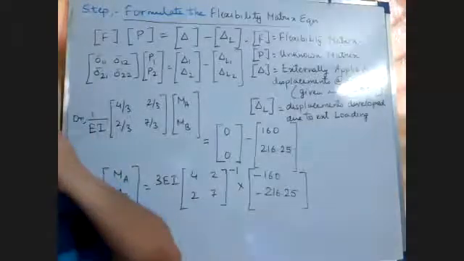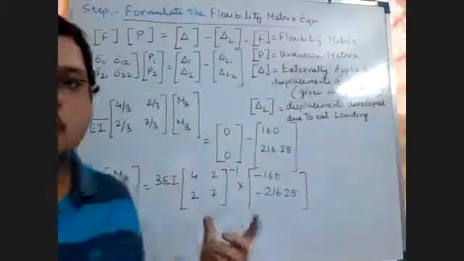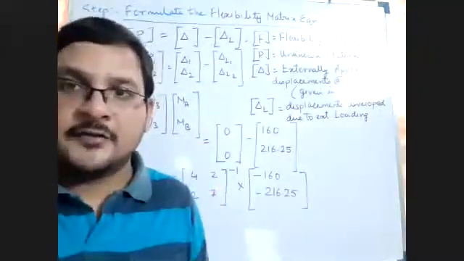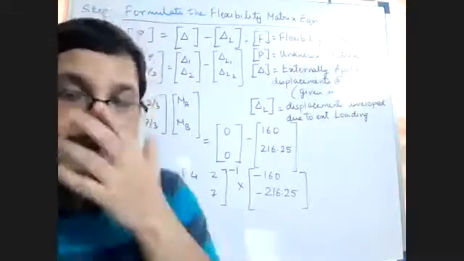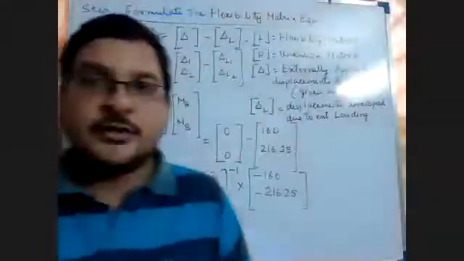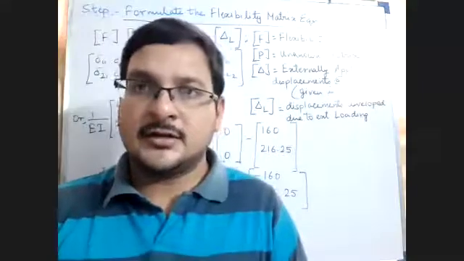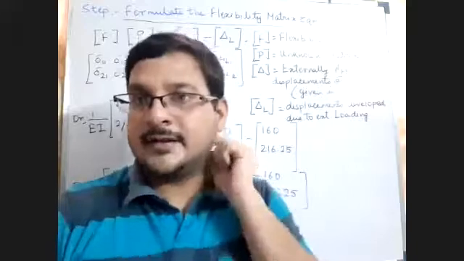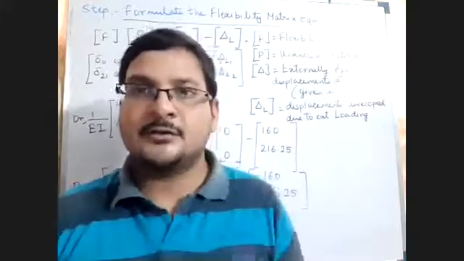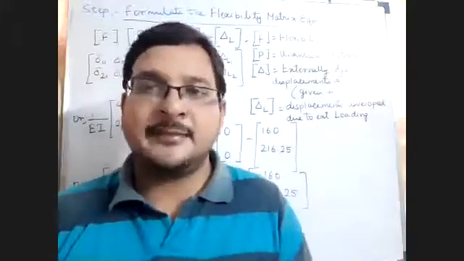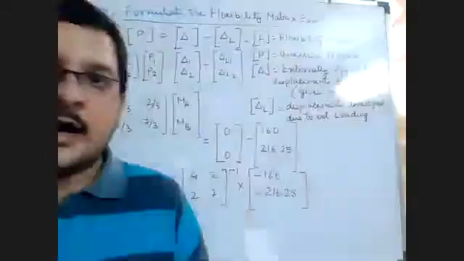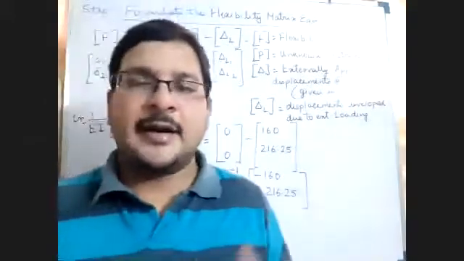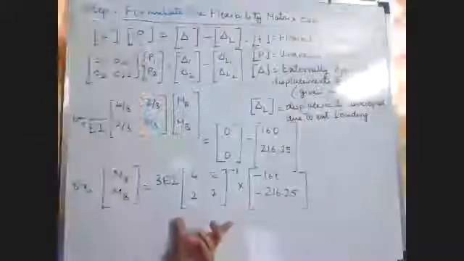Nowadays, in calculators, you can do the inverse, or if your calculator does not support how to calculate the inverse of a matrix, you can use any method. I usually follow a manual method, which is the Gauss-Jordan method. The Gauss-Jordan method is a very 2 to 3 step method to find the inverse of any matrix. You either find it manually or by calculator. By any method, you have to find the inverse of the matrix.